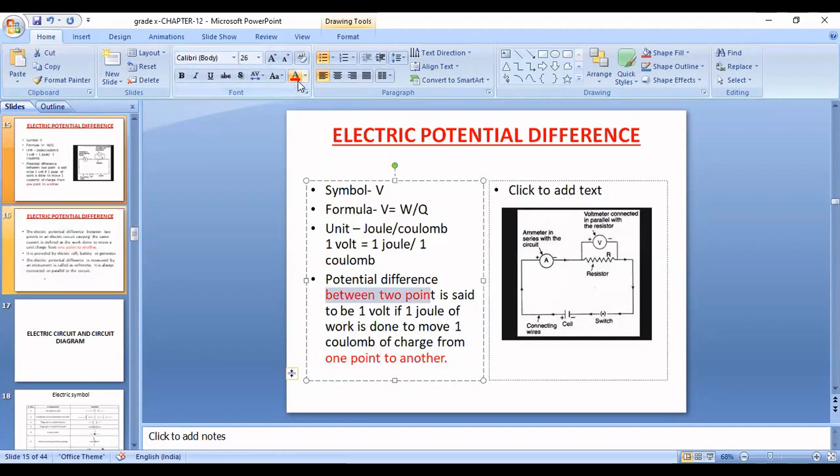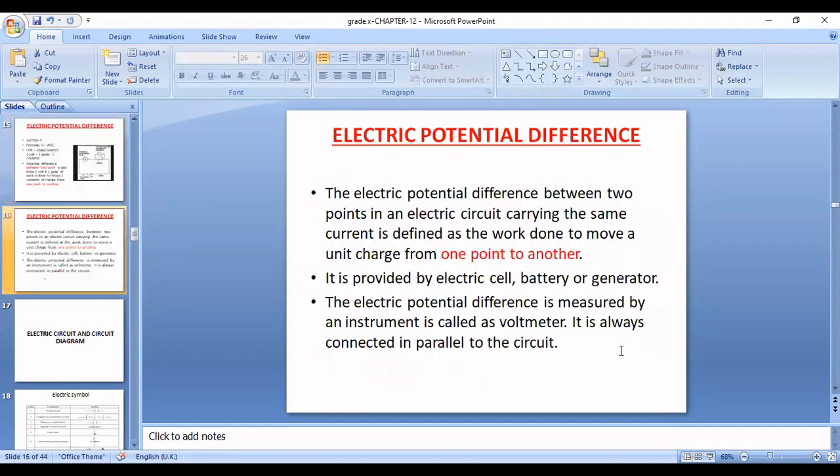Fine. A little bit more fact about the electric potential difference is this, that we can provide electric potential difference by the help of electric cell or battery or the generator. Let us take one example. Suppose अगर हम कोई वो जो टॉर्च का बैटरी लेते हैं, ठीक है, उसके दो टर्मिनल आपने देखे होंगे, एक पे पॉजिटिव और एक पे नेगेटिव बना होता है. So that denotes the value of electric potential at the two ends of the electric cell.